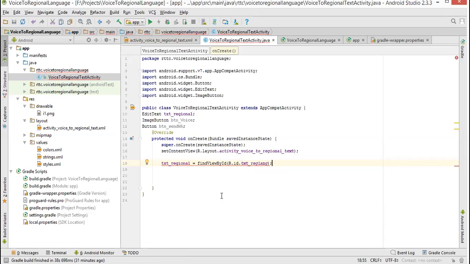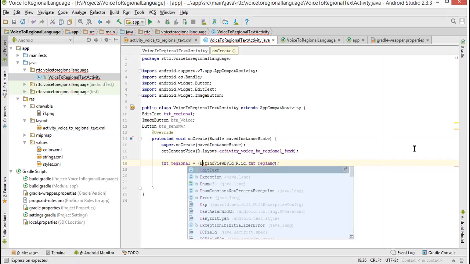See, if you put your cursor here, it will show the error. Incompatible types. Required is edit text, but you are giving View. That means the return type of this method, findViewById, is View. So you are not giving edit text. So what you have to do is type conversion.